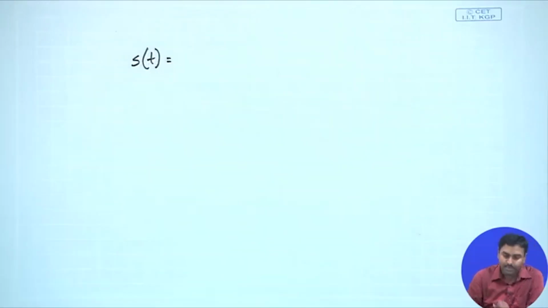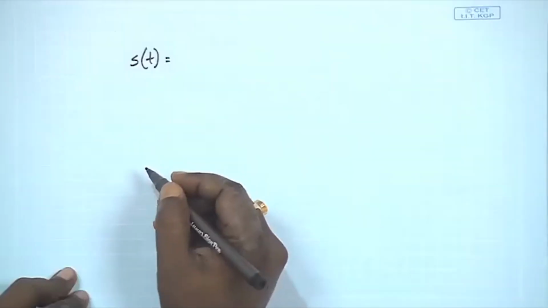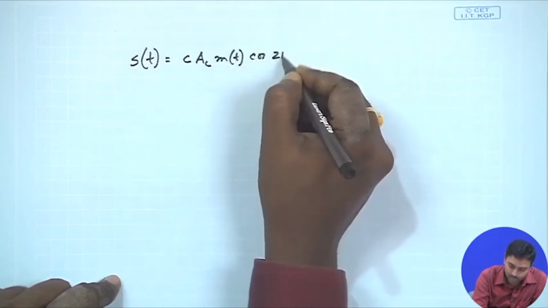Now, let us say for the baseband, can we analyze this? To be more specific or generalized, instead of just putting Mt cos omega ct, let us try to put a factor into it. There is an amplitude of this cos and there is a modulation factor, let us say that is C. That is within our hand and we will be equating the power, so it does not matter. So, let us say instead of writing St as Mt cos omega ct, we write it as C AC Mt cos 2 pi fct.